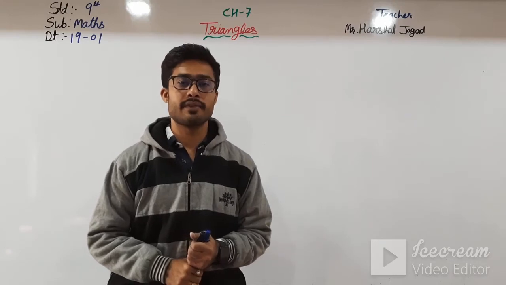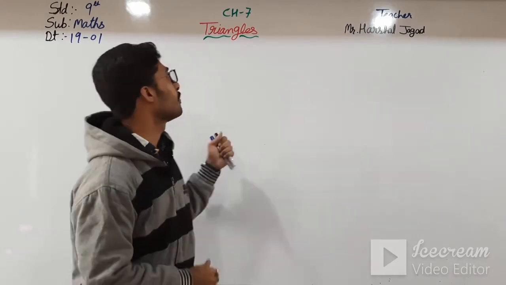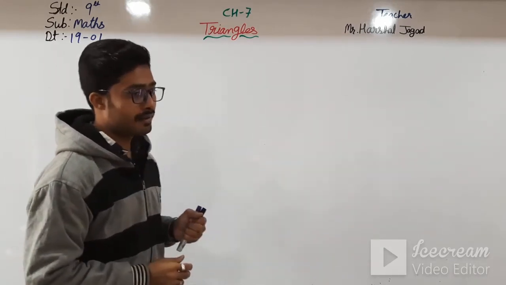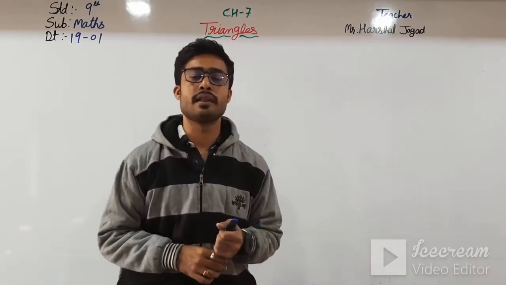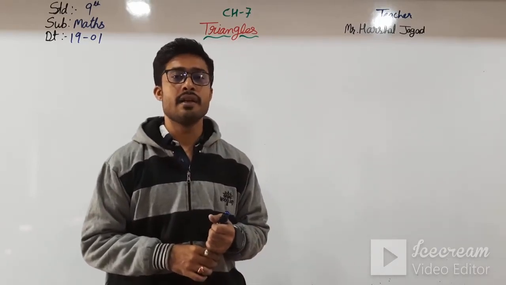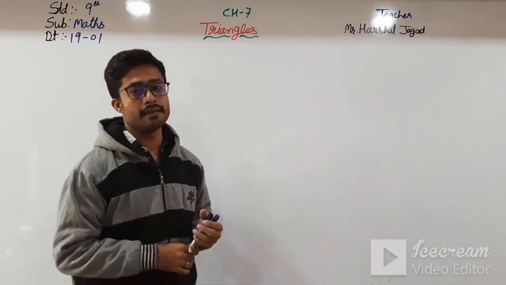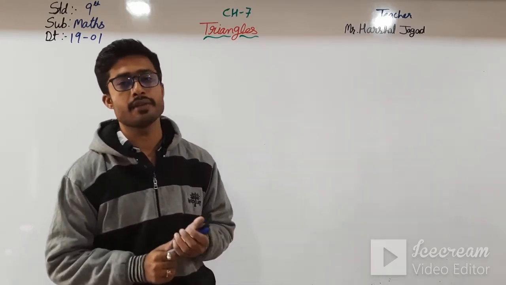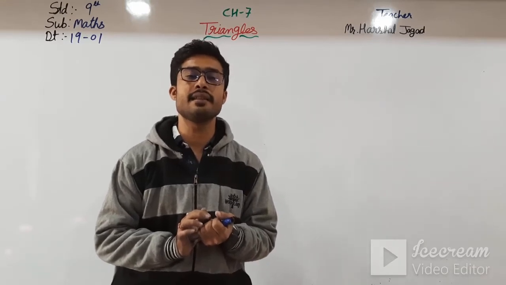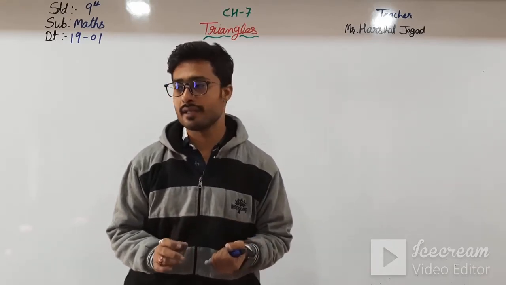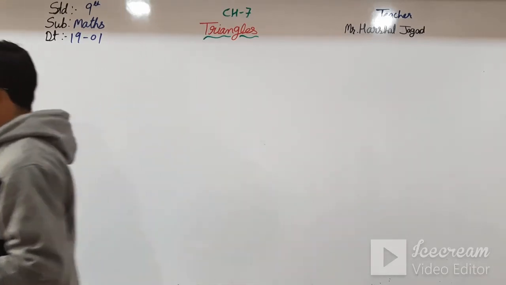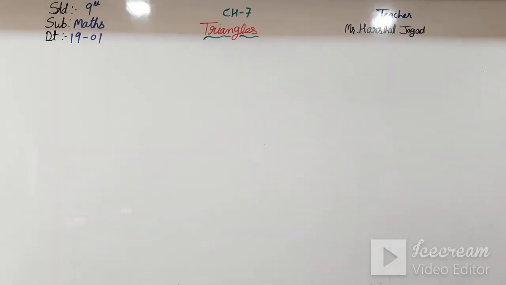So in the previous videos we were going through chapter number 7, that is triangles. In that, lastly we saw the RHS, that is right angle hypotenuse side theorem, and now we have reached inequalities in triangles. Okay students, let us see that. You can see on page number 129 it is given that